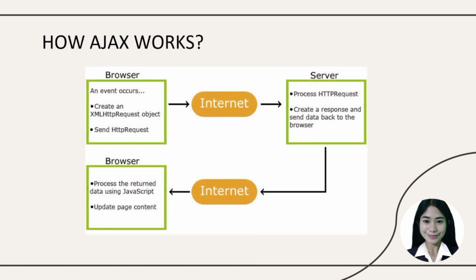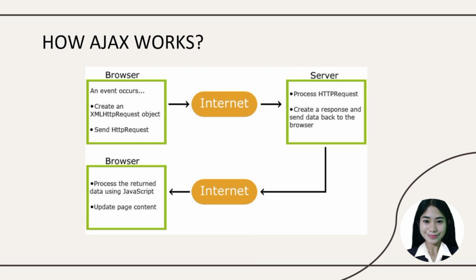Here are the steps involved in the working of AJAX. First, an event occurs in a web page, such as clicking a button. The web browser sends an asynchronous request to the web server using JavaScript. The web server processes the request and sends a response back to the web browser. This response can be in any format such as XML, JSON, HTML, or plain text. The web browser receives the response and uses JavaScript to update the web page with the new content without reloading the entire page. If necessary, the web page can send additional requests to the web server to retrieve more data